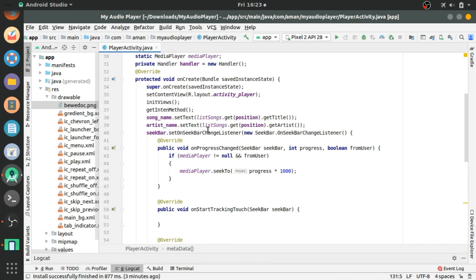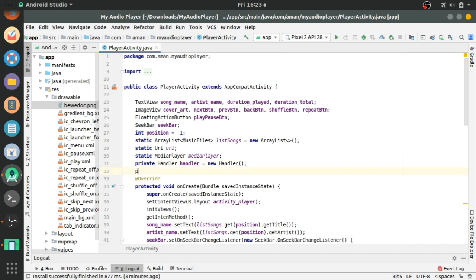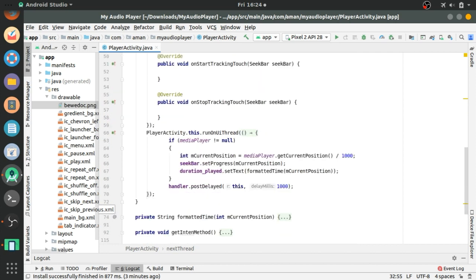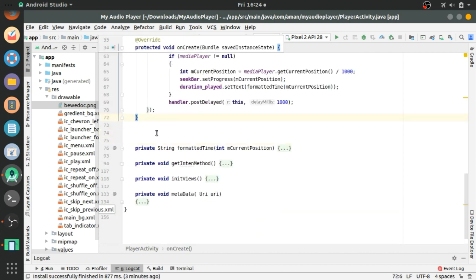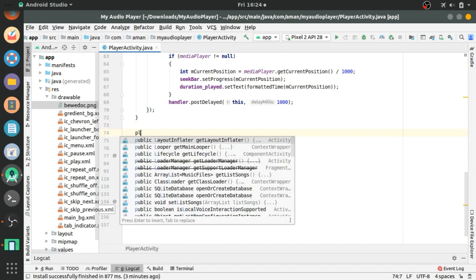To do this, first of all we will create 3 threads, one for the play pause thread, another for the previous thread, and the last one for the next thread. Now I'm going to generate an overridden method onResume.